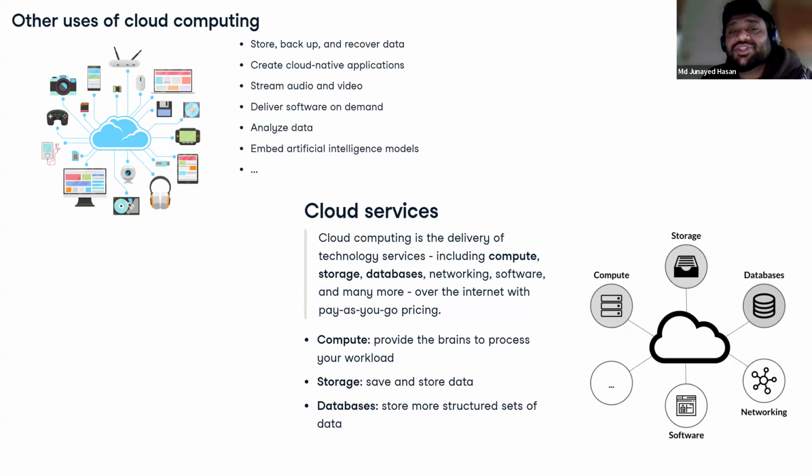Storage is where I should keep the data, right? Previously we used to keep our data on a local computer. I don't know if you guys remember, but once upon a time we used to carry USB drives and keep our data over there. But nowadays you can move anywhere, you can rely on the cloud, because you can keep it in Google Drive, Kakao Drive, anywhere. And it's also very secure.